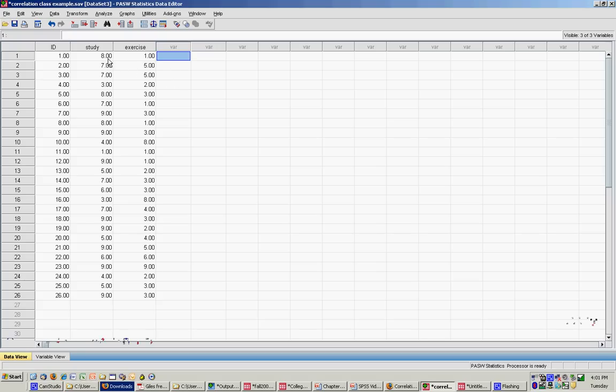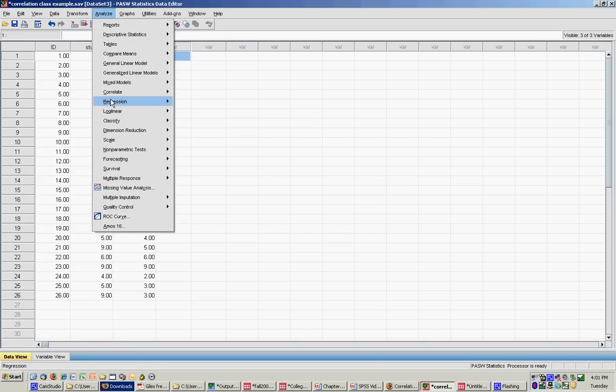Before we do the Pearson's correlation, it's important to realize that the two variables I'm going to correlate, in this case study and exercise, both need to be measured on an interval ratio scale. In this case, they both are. So to do the Pearson correlation, I simply go to Analyze, Correlate, Bivariate. Click on bivariate,